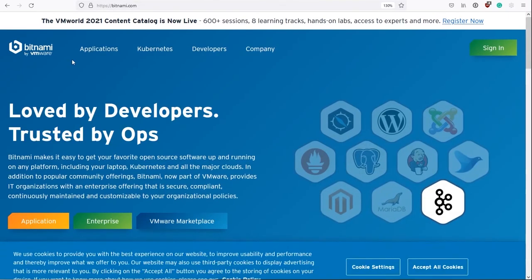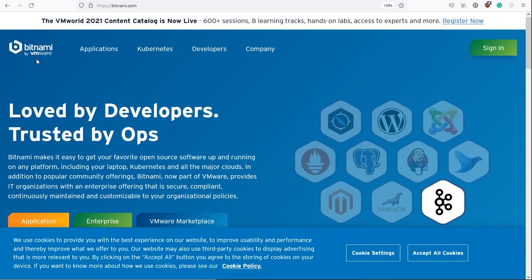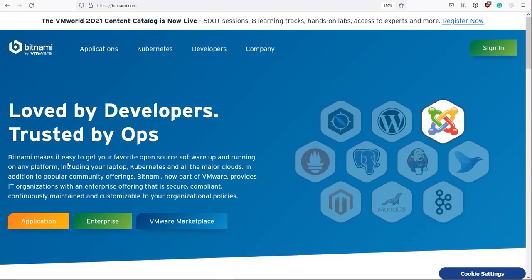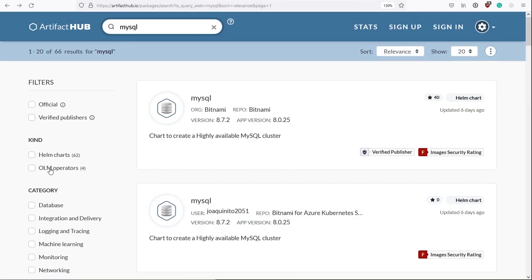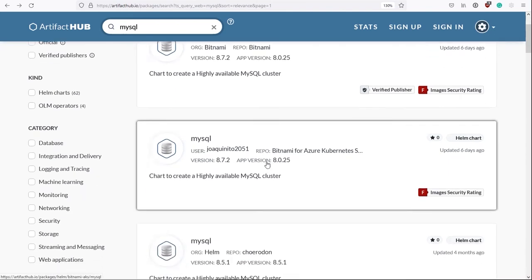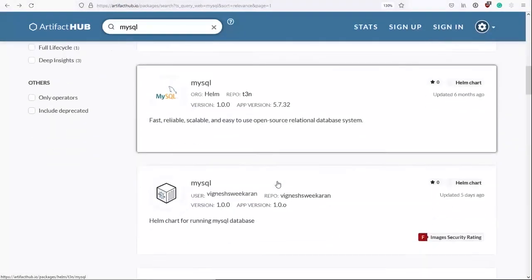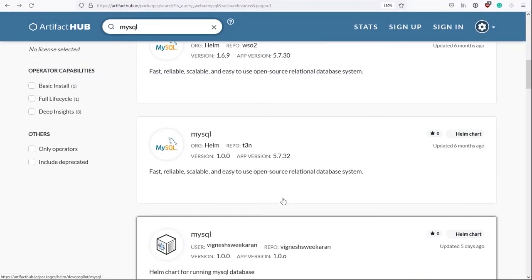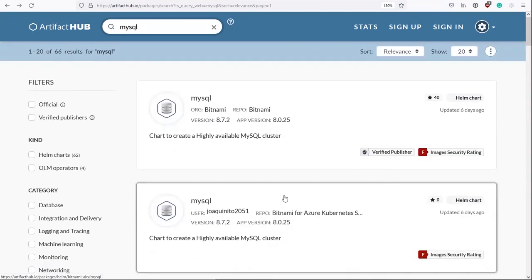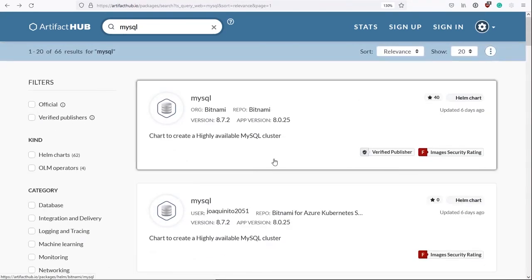Just in case you're interested, Bitnami are actually a division of VMware, and Bitnami are really in the business of publishing open source software. But I hope you can see what I'm saying here is that, unfortunately, without those stable charts existing anymore, you do have to sort of just take a view on whether you trust these repository owners or not. And it might be the case that you're working in an organization where you're not allowed to use untrusted sources. In that case, I'm afraid Helm as a package manager quite possibly won't work for you.